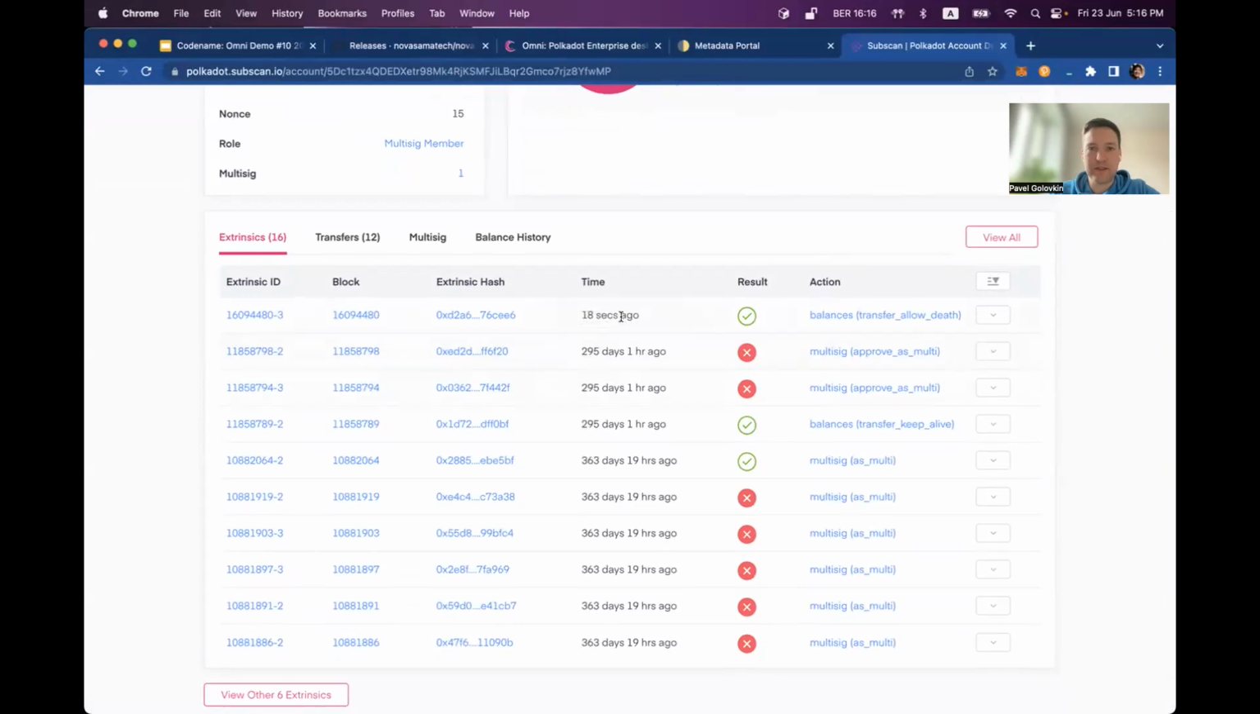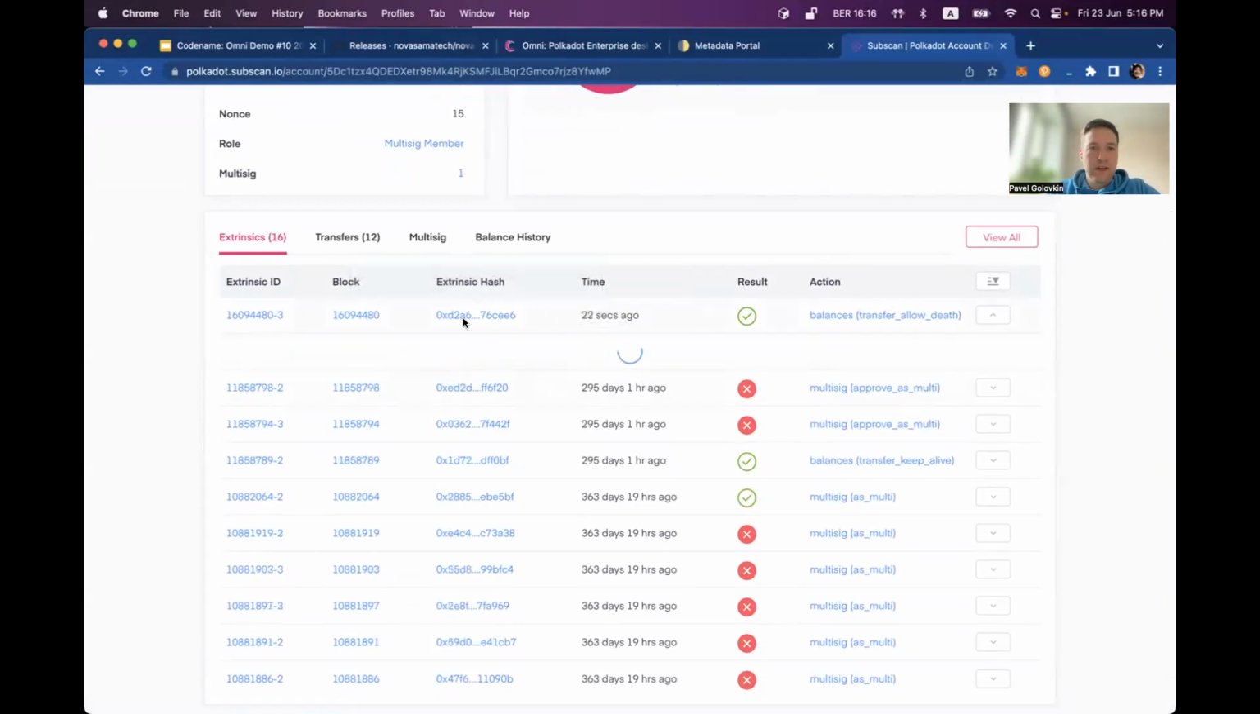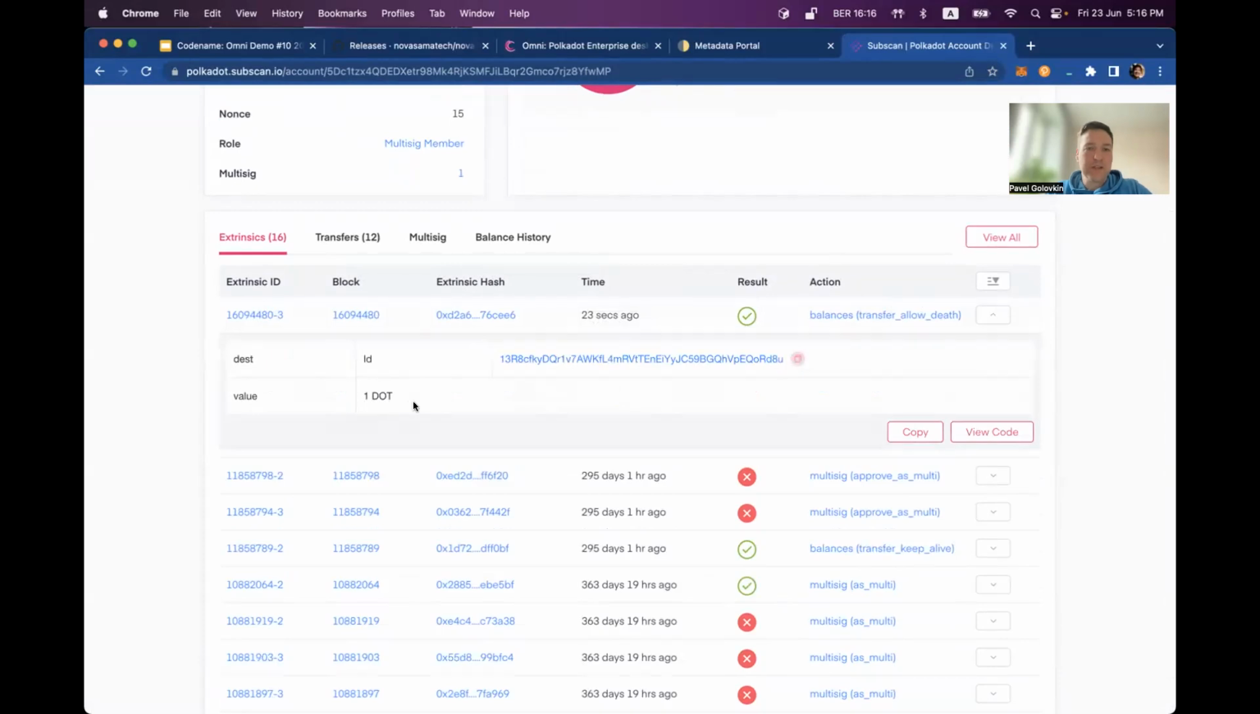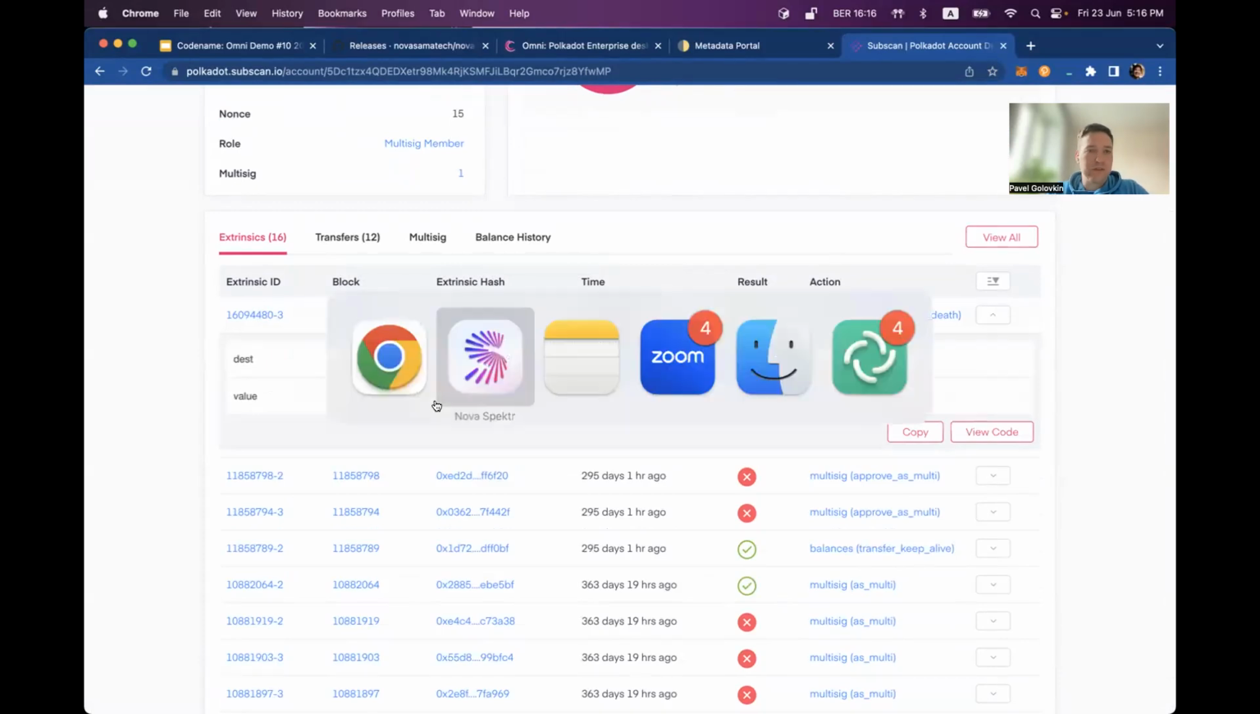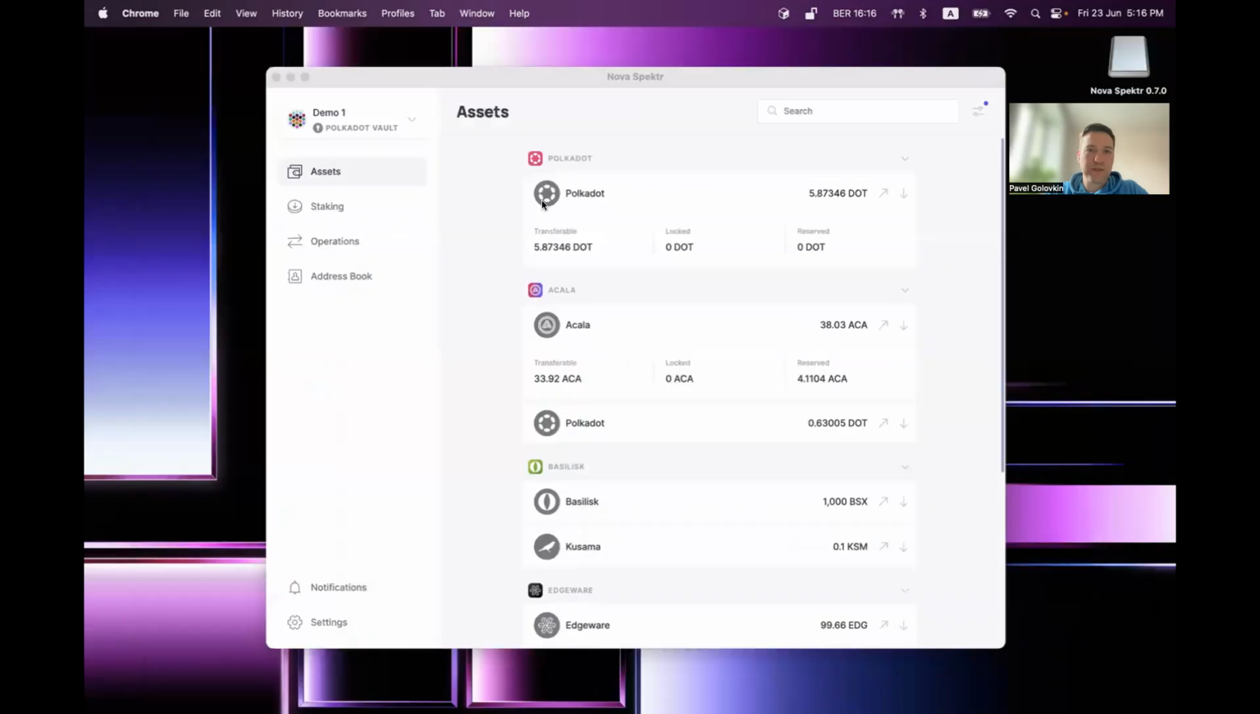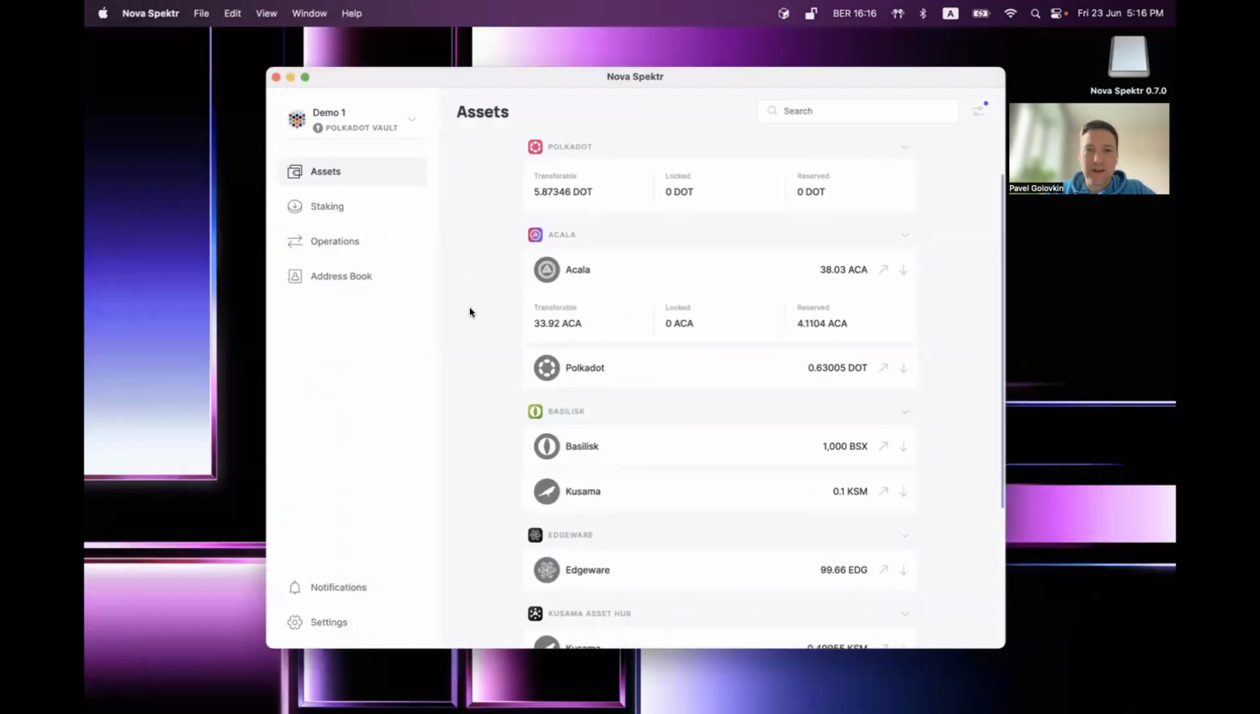And you see that 18 seconds ago the transfer was made and the one DOT was transferred. So that's how it works. So pretty easy. And also we can try to transfer